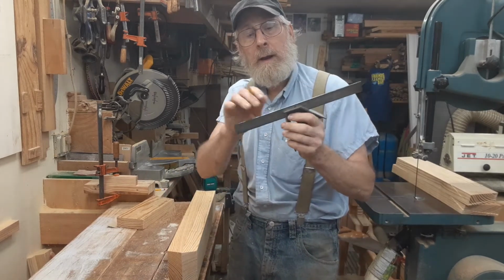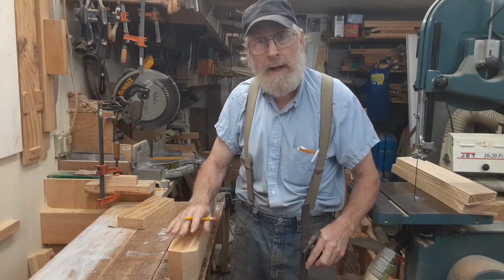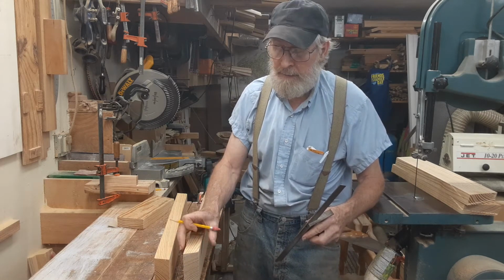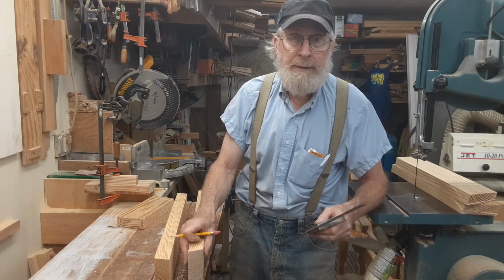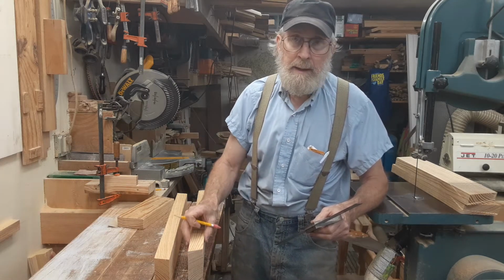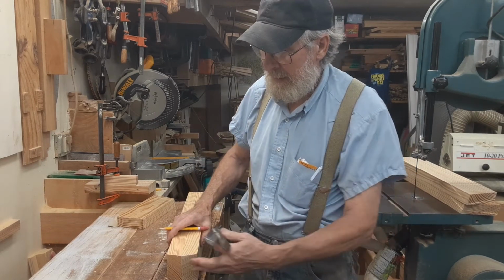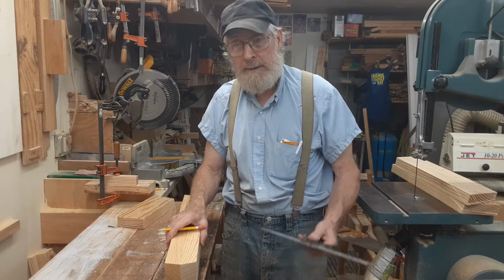I've got my square again set. And I need to tell you that everything I'm doing right now is for the thickness of wood that I'm using. If you end up with wood that's thicker than this, say you buy some 8-quarter oak or hardwood of any kind, and you don't feel like wasting down that wood all the way down to this thickness, you might want to make a little bit of compensation on just what I'm doing right now to make it come out better. I'm not sure exactly how to say it. But anyways, if you're in the vicinity of 1.5 inches thick on all your wood,